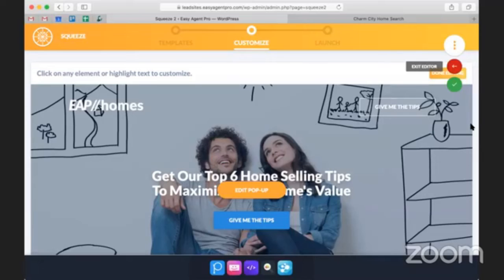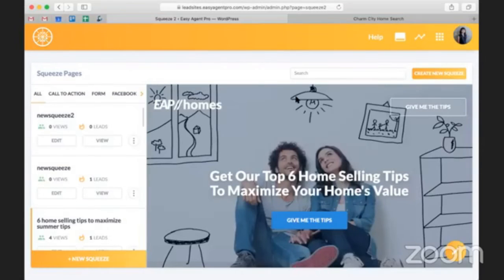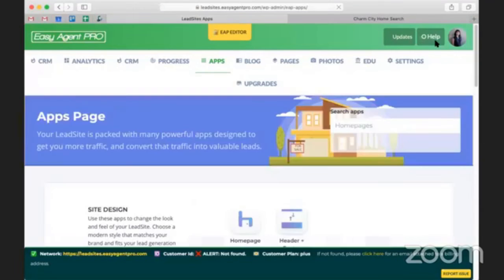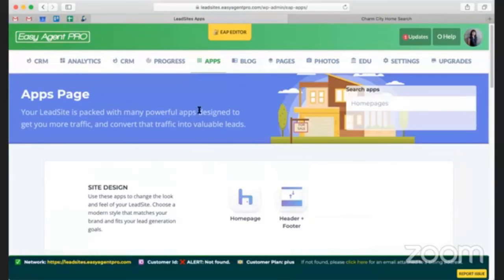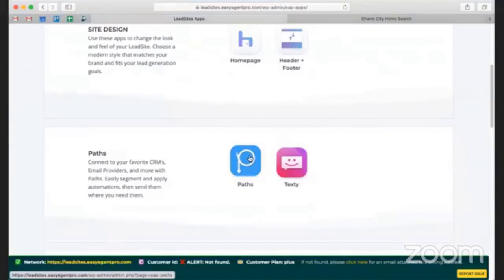And now Texty, that's not where it stops. We also have an integration called Paths that is part of the platform. You might have noted at some point, you're like, okay, cool, I got a text on this one. This is good. But I also want my agent or my loan officer to receive this information as well. How can I do that? You can use the Paths app here